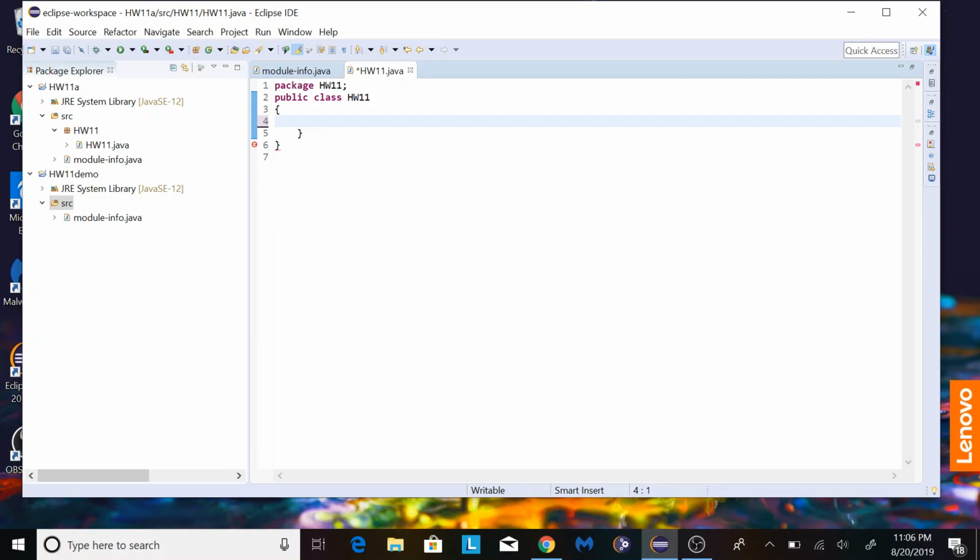I'm going to be showing you guys how to swap three variables. So I'll start us off by writing public